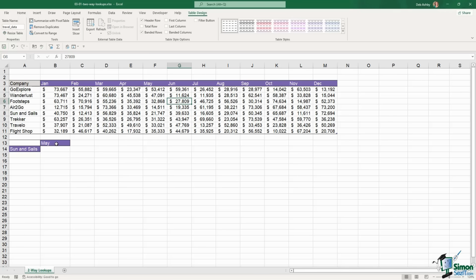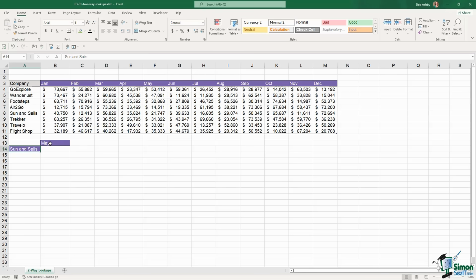Now, the next thing I want to do is create two data validation drop-down lists so I can simply select the month and the company. I don't really want to spend time typing each one in to get my result. Now, what I've found in the past is that if I create a data validation drop-down list and I use this range running horizontally across the page, it doesn't tend to work. So I'm just going to output January to December, and I'm going to flip them around so we have them in a vertical list,